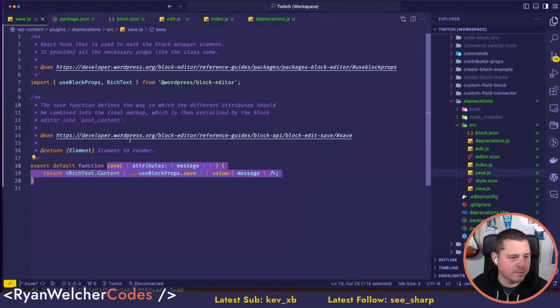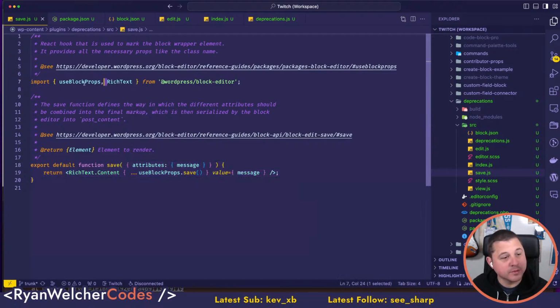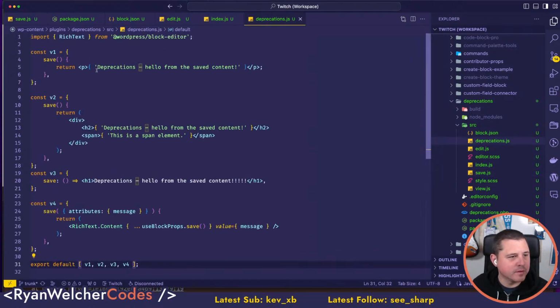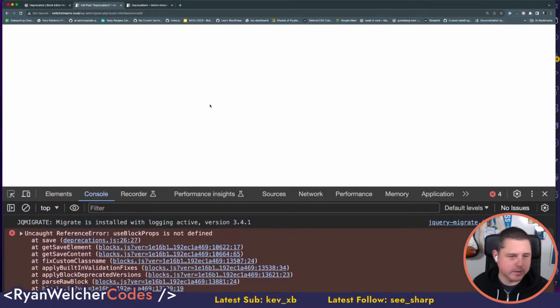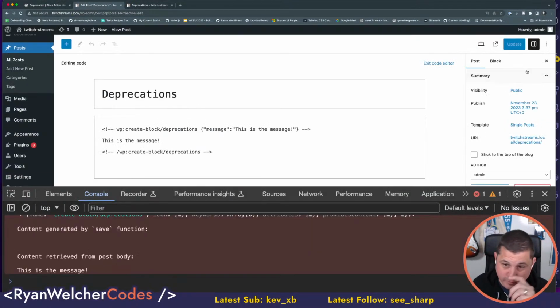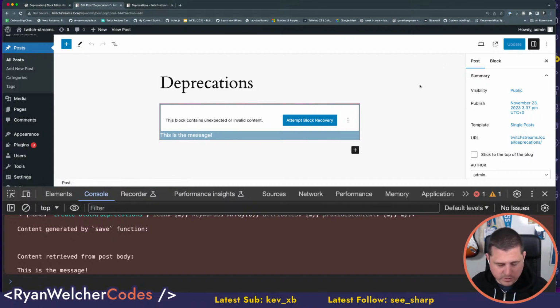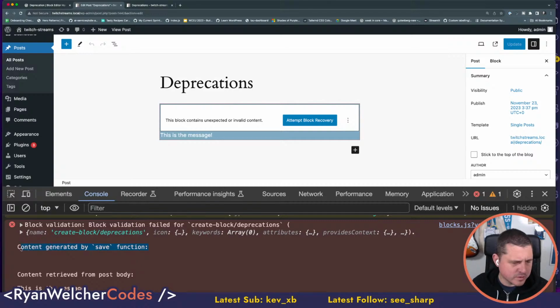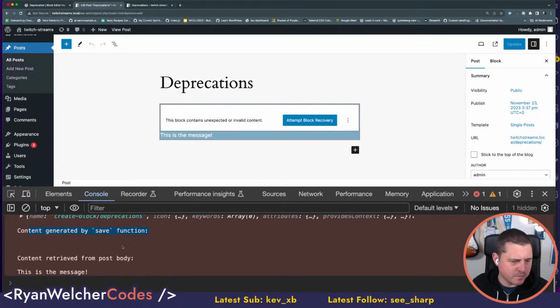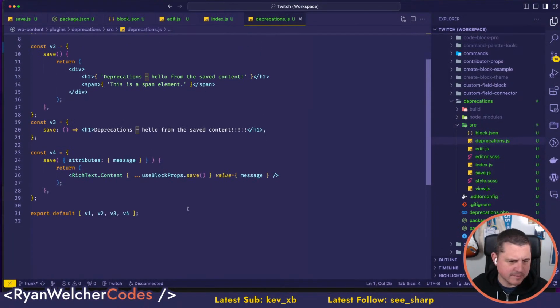Where is useBlockProps? Oh, I also need that. I think I got rid of it. There we go. All right, let's see. Refresh. Oh, it still gave me an error. So null was returned to the retrieve from the block, but this is the message. So that's not how that works. I wonder if it has to do with